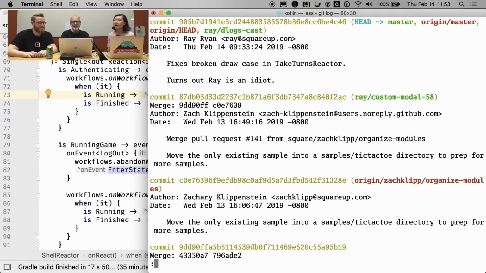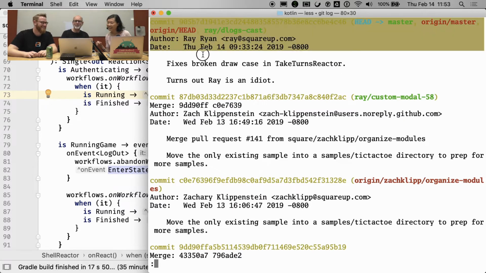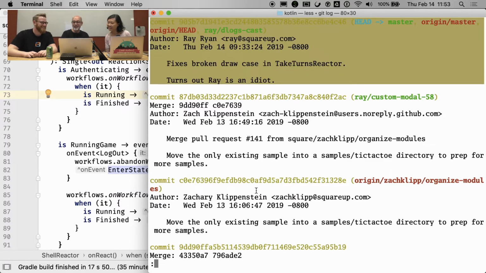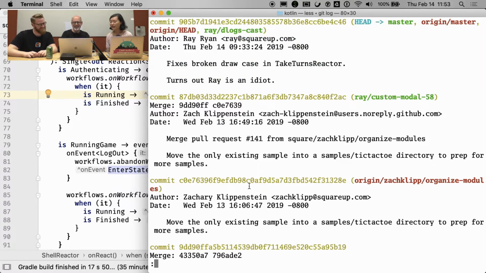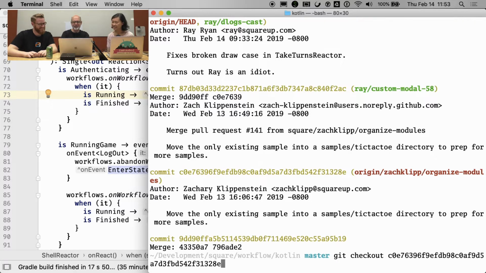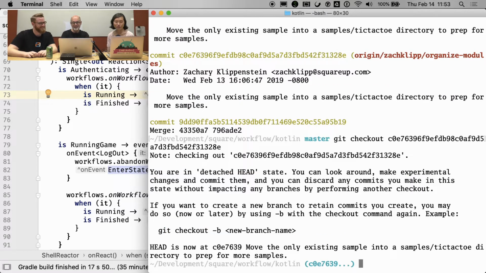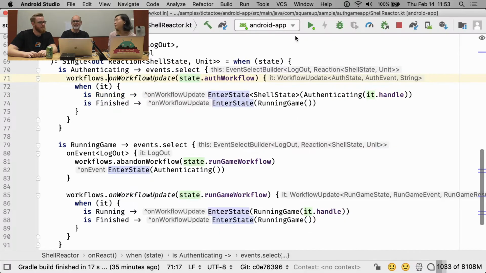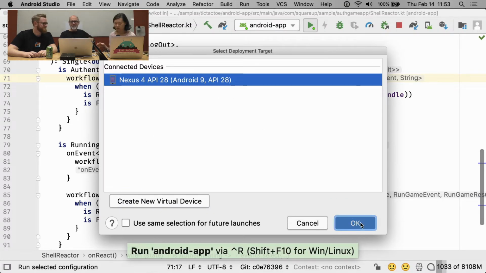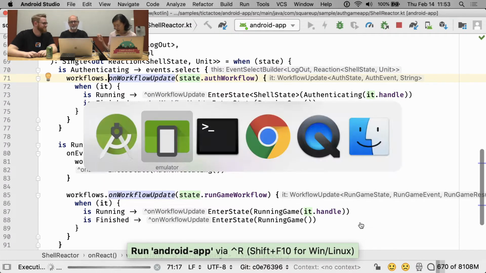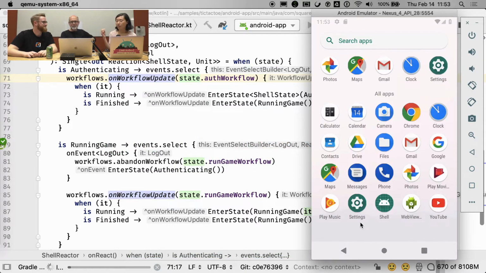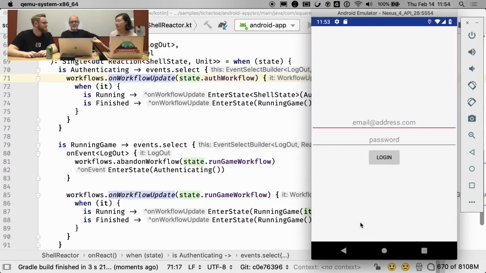But why I wanted to do this? Oh, here's the most recent commit that was not supposed to... God, did I actually merge that? I really did. Well then, I'll tell you what. Let's check out the buggy version just to show so we can see what happened. Sure. The reason why I wanted to do that is because